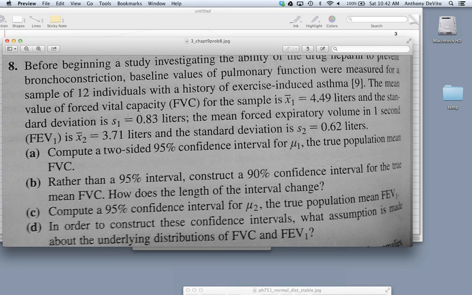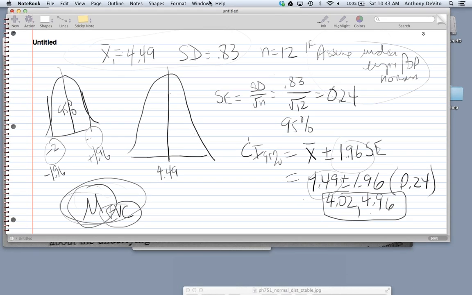The next part of this, they asked me to calculate a 90% confidence interval for the same thing. Well, the only difference between a 95% confidence interval and a 90% confidence interval is that we're willing to be less certain that we actually capture the population mean. So we're willing to use a z-score that's smaller because for 90%, you wouldn't have to go 2 standard deviations out in either direction. You'd have to go out far enough that you have 5% in the upper tail and 5% in the lower tail, and that would represent a z-score of,